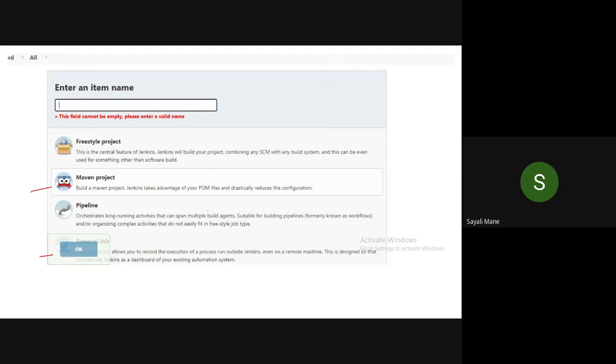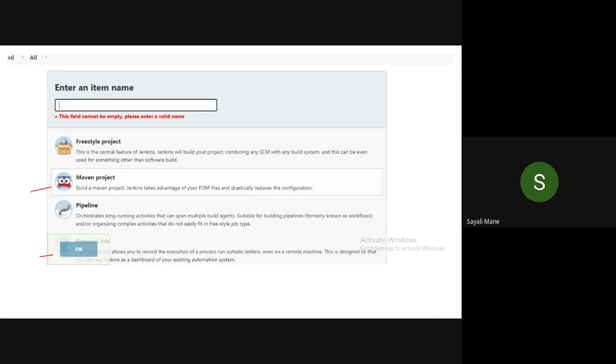Our first aim is to set up and run the Selenium test in Jenkins using Maven. That is why, while creating a new item or new project, we have to select the Maven project. Earlier we used to select the freestyle project, right? But since our project is different, we have to create the Maven project. So please give some name to your project, select Maven project, click on the OK button, and take a screenshot of it.